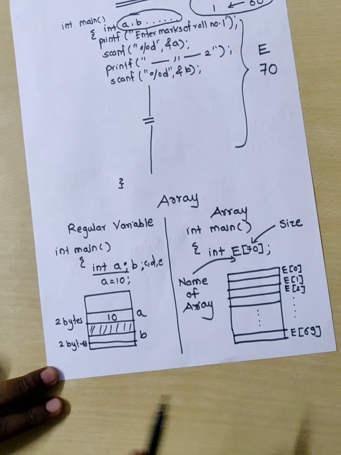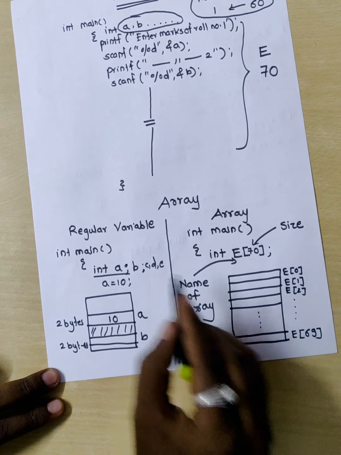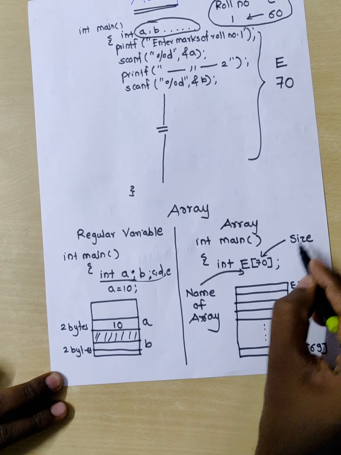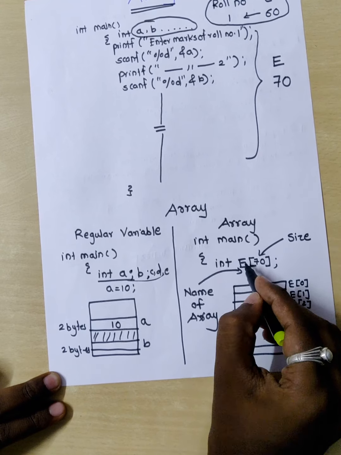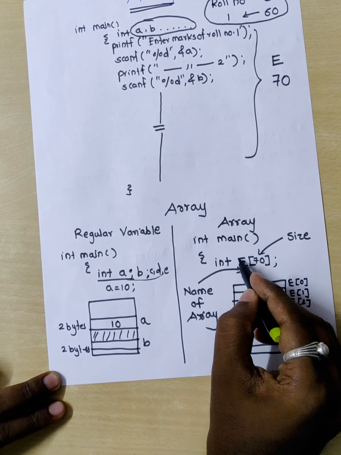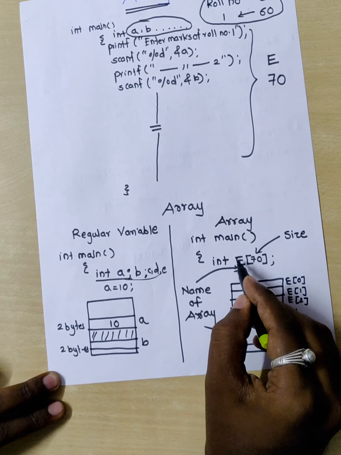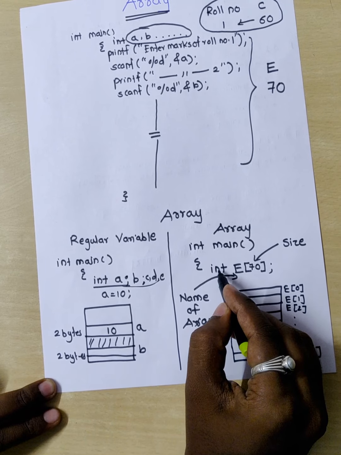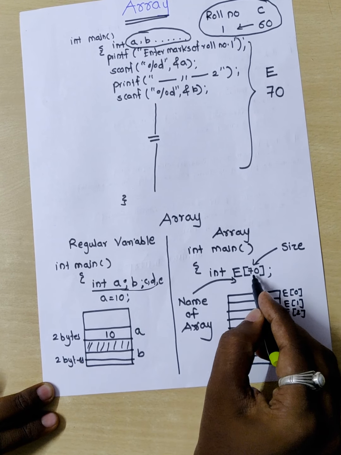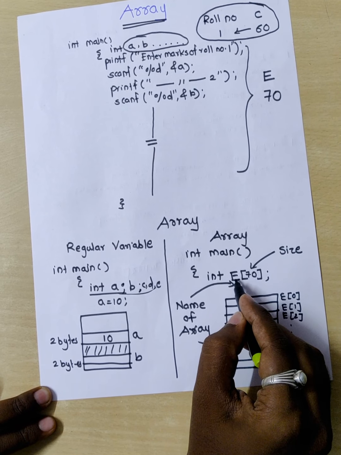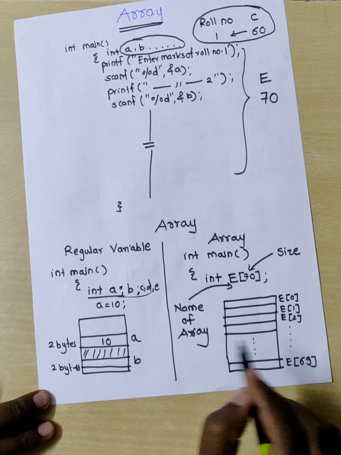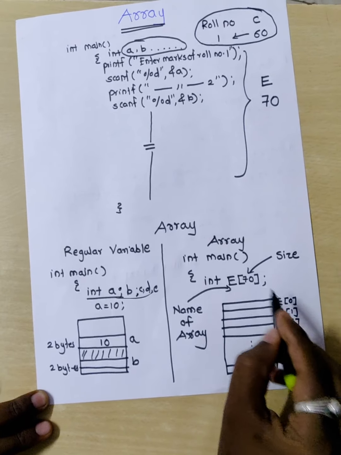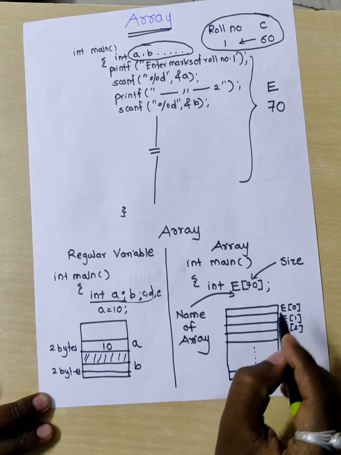But when you are dealing with an array, if you want 70 variables, you write the subscript value or the size of the array as 70, and you can create 70 variables with the same name. E is the name of that particular array, and I have written 70. It means the computer understands that the user wants 70 distinct variables with the same name E, but I want to distinguish between the various variables. You distinguish them by putting a specific subscript for each variable.